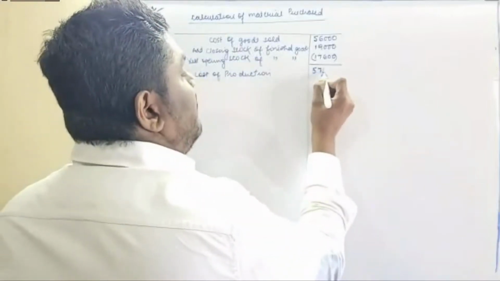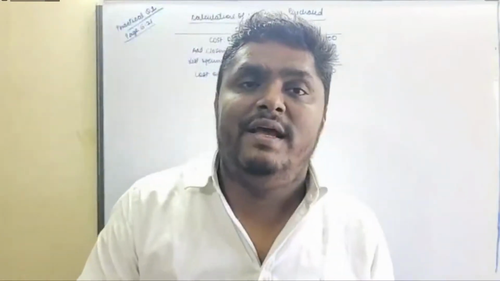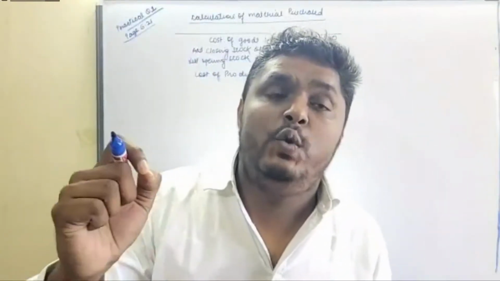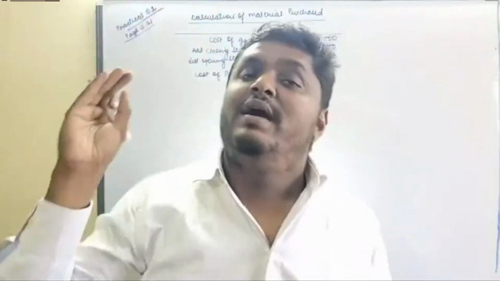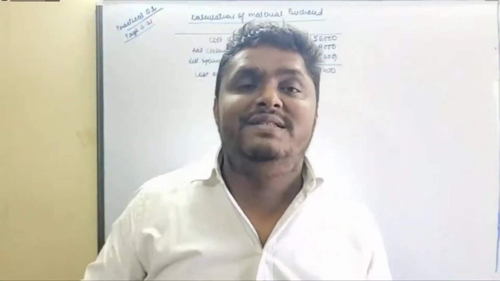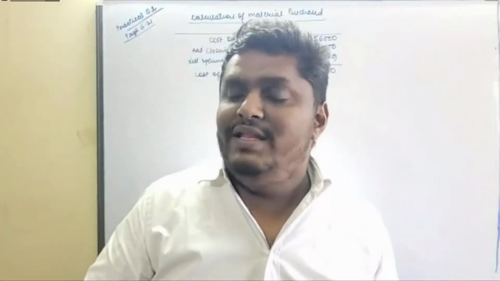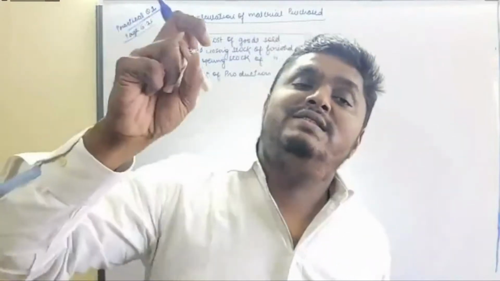$57,400. How does the cost of production come? Very important, guys. We do add all the 4-5 points, that is quality control, inspection, administration overhead related to production. But since no information is given in the question as regards these 4-5 points, so better we will start from